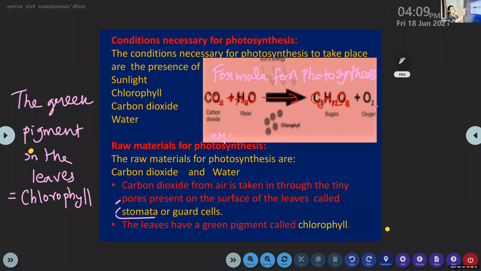So carbon dioxide and water, with the help of sunlight and chlorophyll, the plants will convert into glucose as well as oxygen. So the plants make glucose. It is very sweet. That's why honey bees come and suck the nectar from the flower of the plants, because of the production of the glucose.